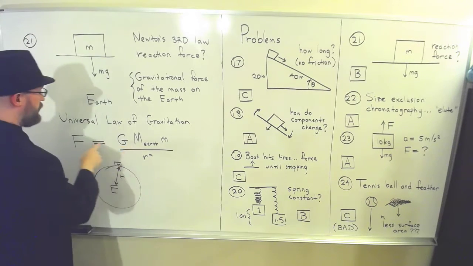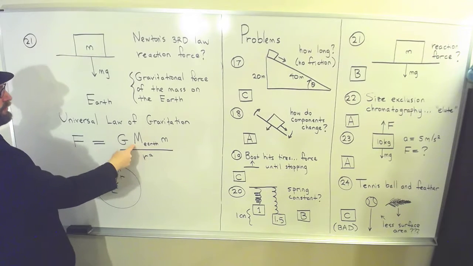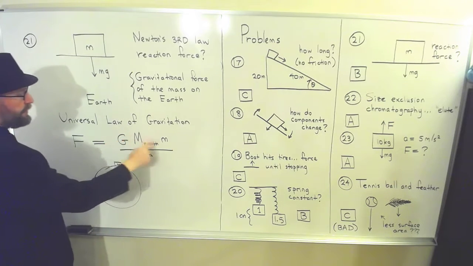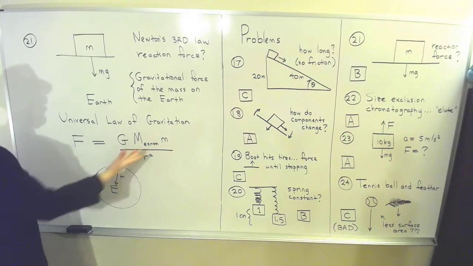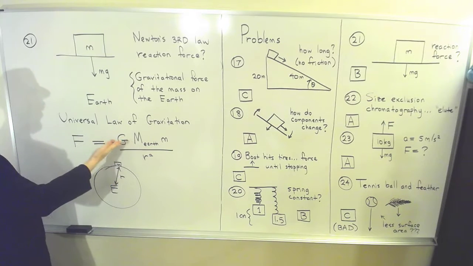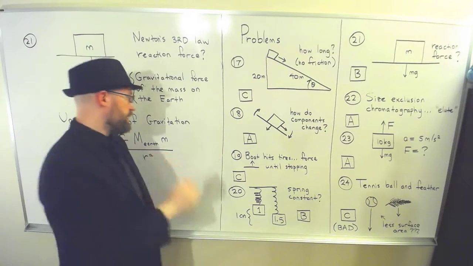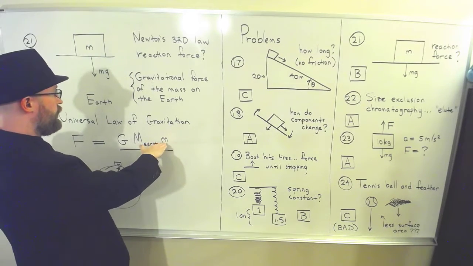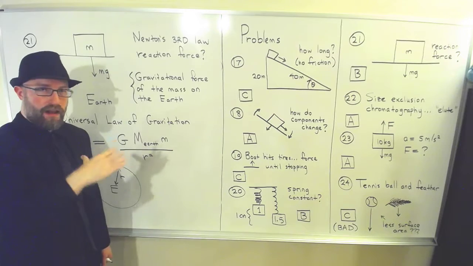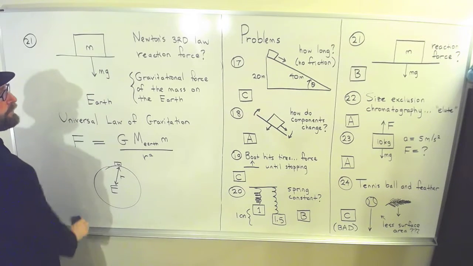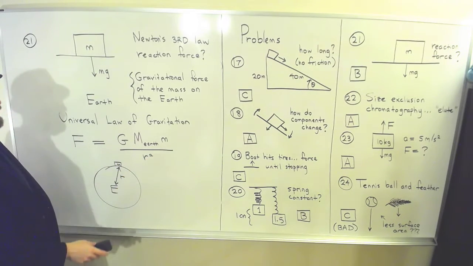And so you see, this is the same force. There's the mass of the Earth and there's the mass of the object. This says that the size of the force exerted by the Earth on the object is the same as the size of the force exerted on the Earth by the object. Same thing. So that's maybe a little counterintuitive, but